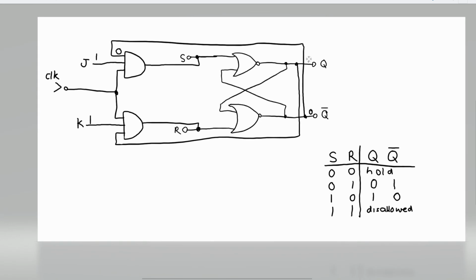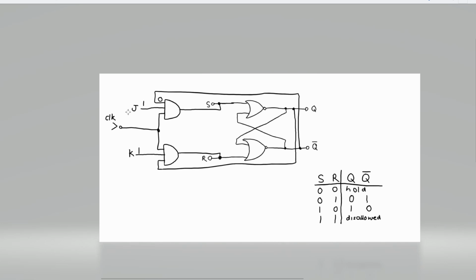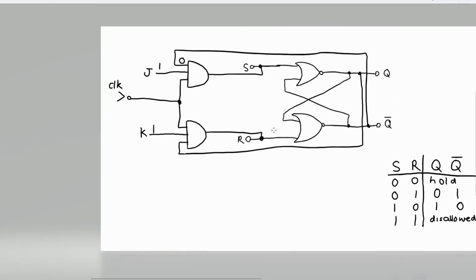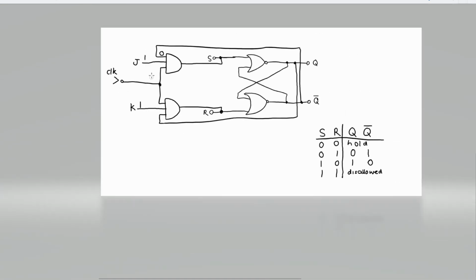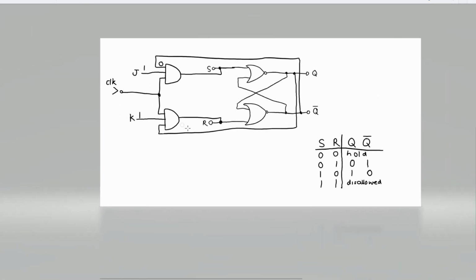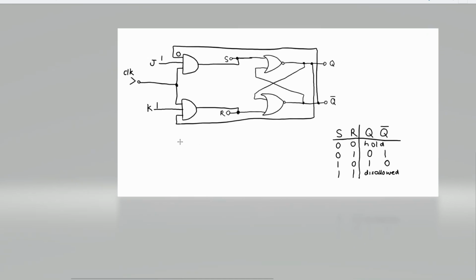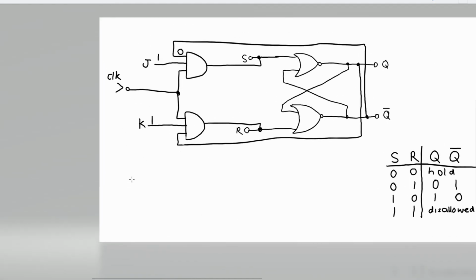Essentially, the short way of explaining what a JK flip-flop does is when you send a 1 to J, it will turn Q to 1. And if you send a 1 to K, it will send a 0 to Q, or Q to 0, and obviously Q bar is the opposite. But you can also send a 1 to both at the same time, which will toggle, as I just said, and that is the fundamental of a T flip-flop, but I will come on to that in a minute. So with a clock,